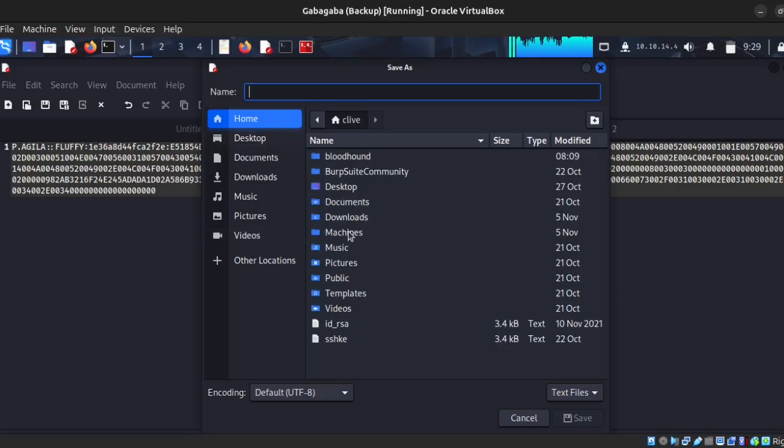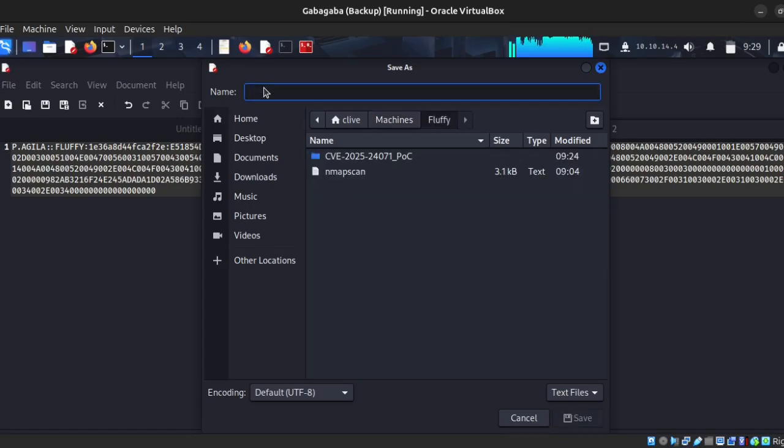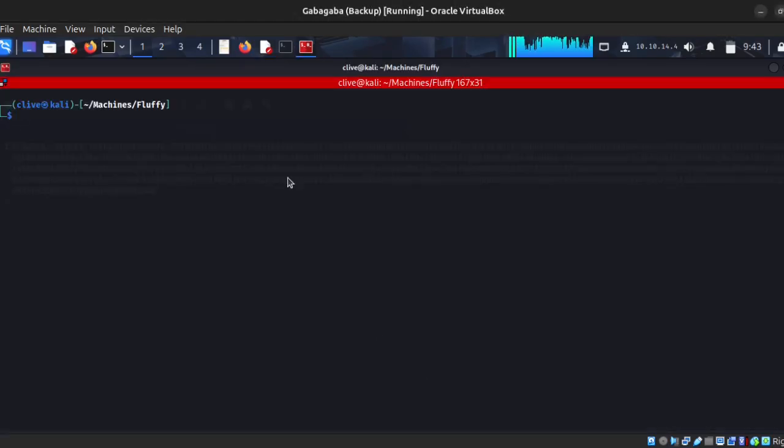Own machines, yeah, fluffy, hashes. Yes, now you can notice that we have a new file here, hashes. Now we're going to use John the Ripper to actually decrypt it. So we're going to use John,